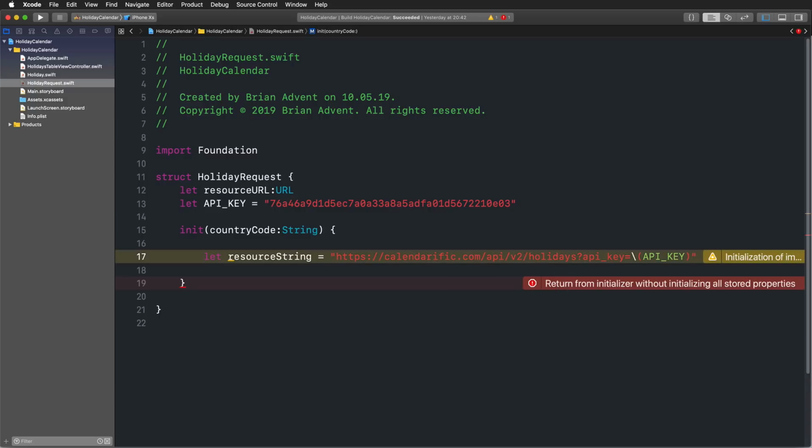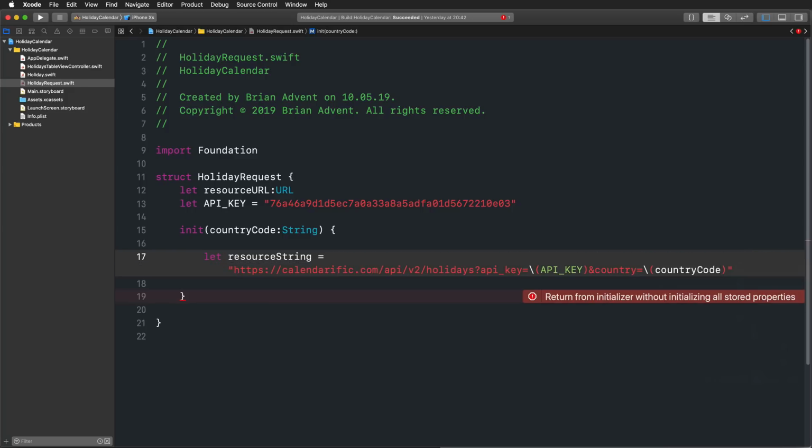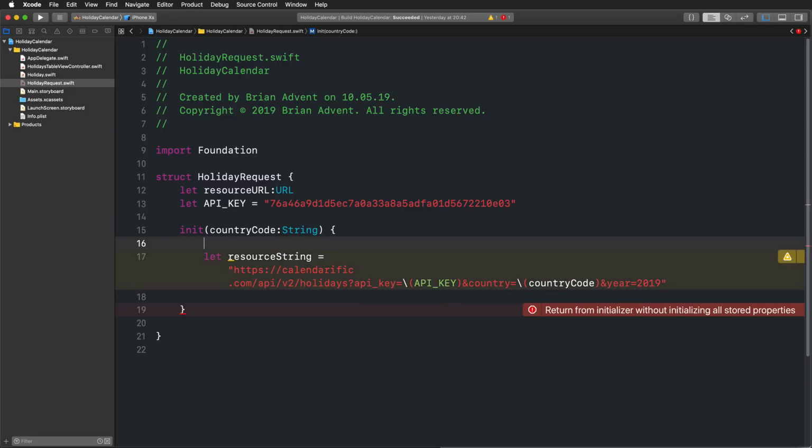And now we also have to add more parameters to our request. Using ampersand, I'm going to add country right here equals, again, we're using string interpolation right there for the country code. And the last piece of information that we're also going to add right here, ampersand year equals 2019. But I actually want this to work in every year to give me the proper year for, or the proper